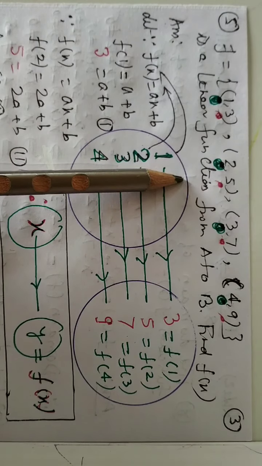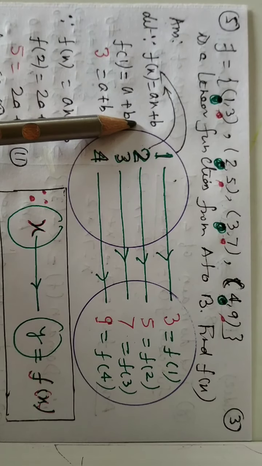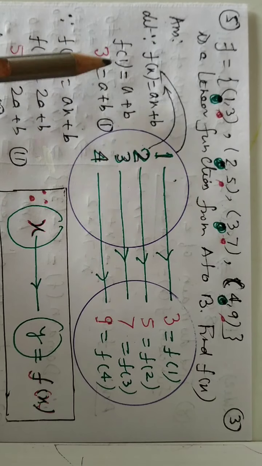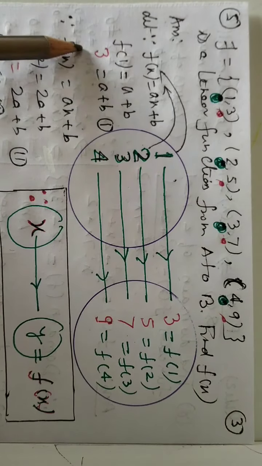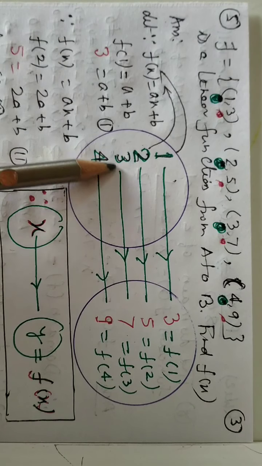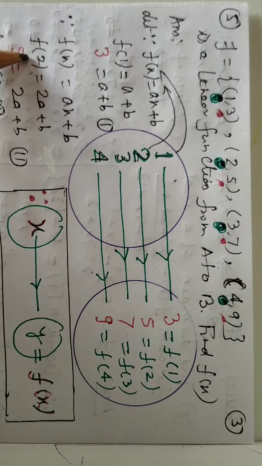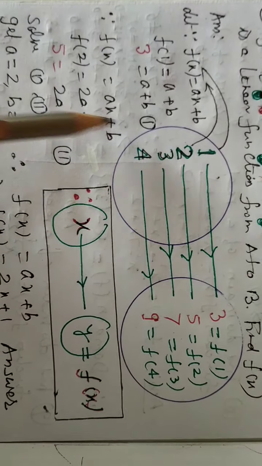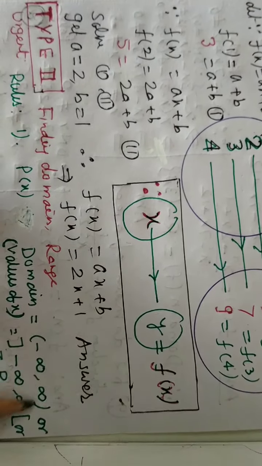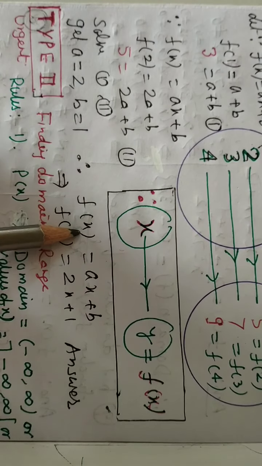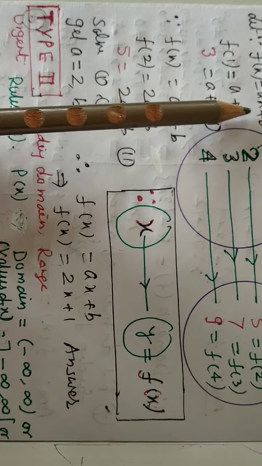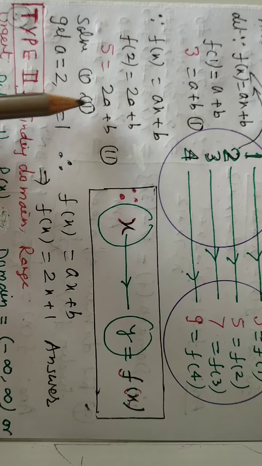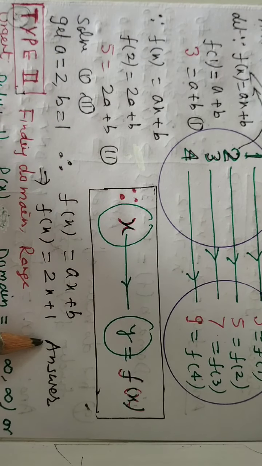And again it is a linear function. So let f(x) is equal to ax plus b. Now take 1 and 2, f(1) is equal to a plus b. If the value of f(1) is 3, so 3 is equal to a plus b. Similarly, take f(2) and the value of f(2) is equal to 5. So solve the two equations, get a and b. So the function f(x) is equal to ax plus b. Put in a and b, both are 2 and 1.